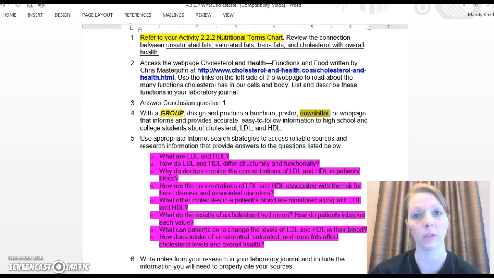We need to keep moving, and I'm really sorry that I'm not there today, but I need you guys to keep working through some material. So we're just getting a head start on the next activity. So you're going to work as a group. You're going to review your terms and begin making a newsletter.